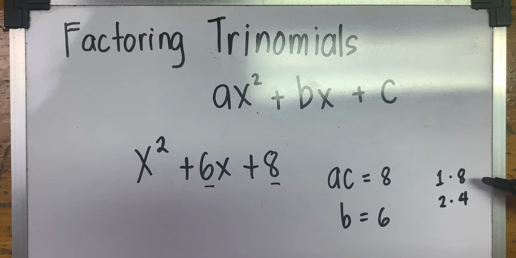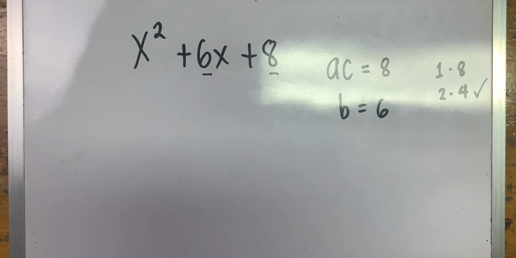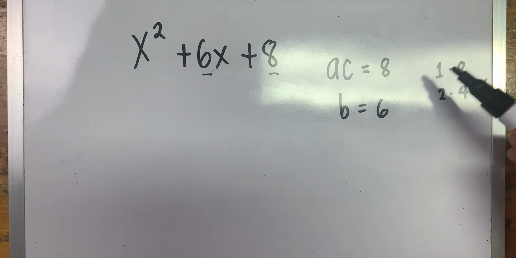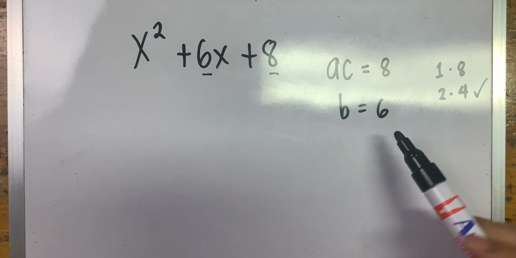So we have to find two numbers whose sum will give us positive 6. In this case, it's just 2 times 4. Okay, so we get 2 and 4 as the factors of 8 that will lead us to the sum of